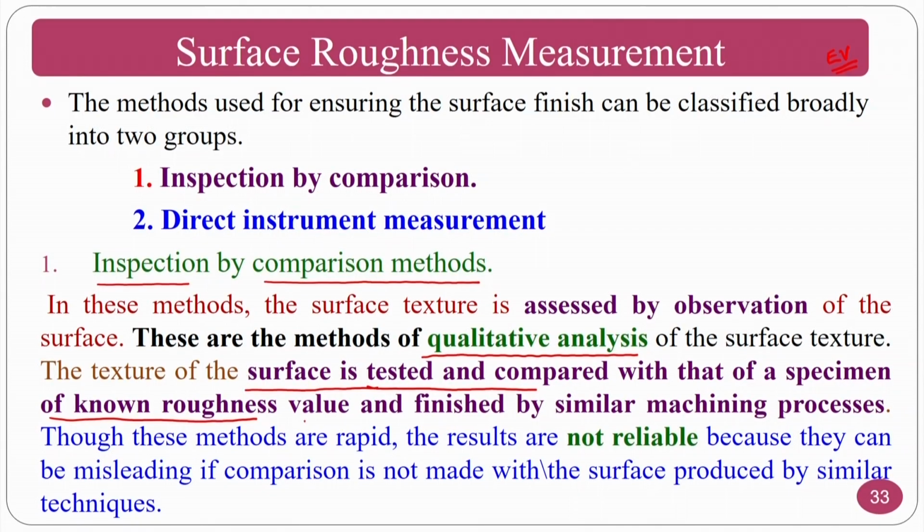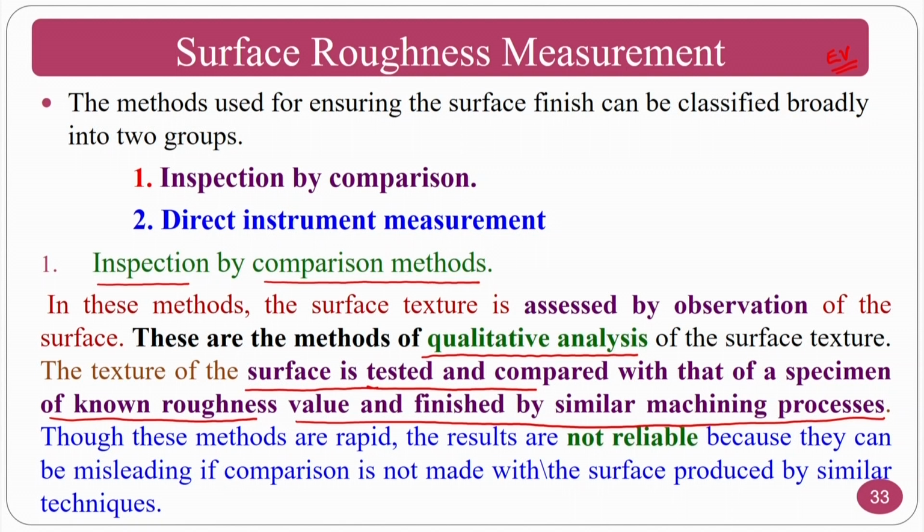So I just compare. I will take both in my hands and see, okay, this is the master and this is what we have done. If it is okay, then I select it. If it is not okay, I do not select it. That is what is finished by a similar machining operation or finishing operation. Then you just say whether it is okay or not okay.